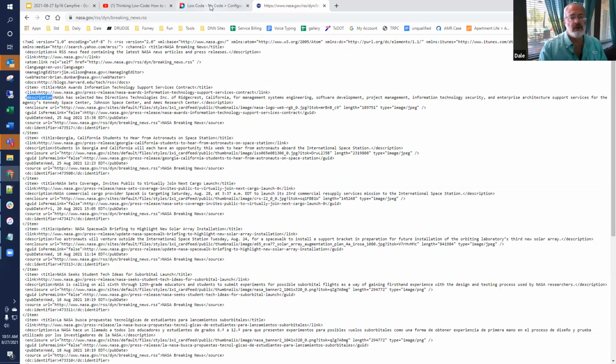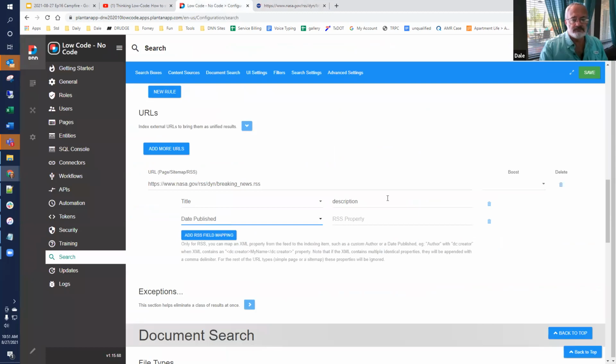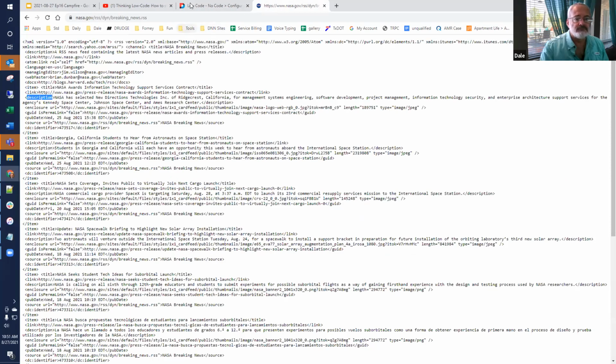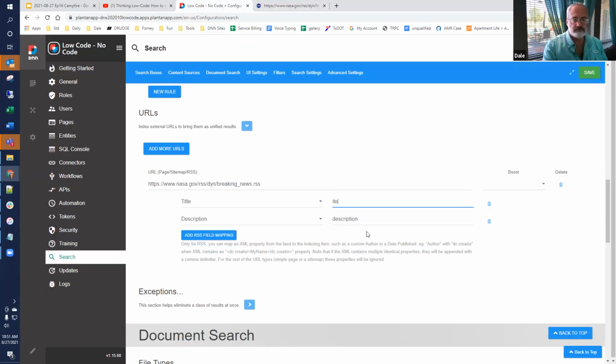So we'll do, this is actually here for description, and title is going to be item. And so we'll just map those two things and save the changes.